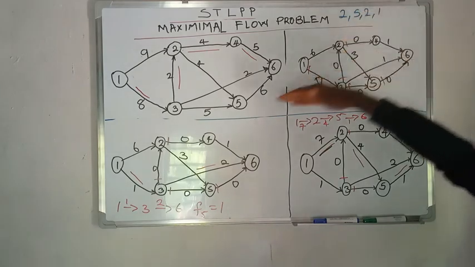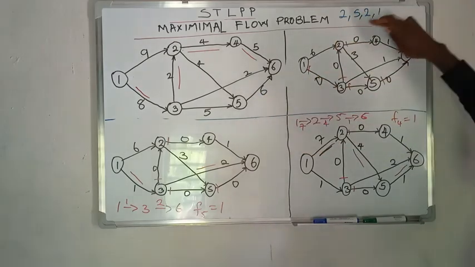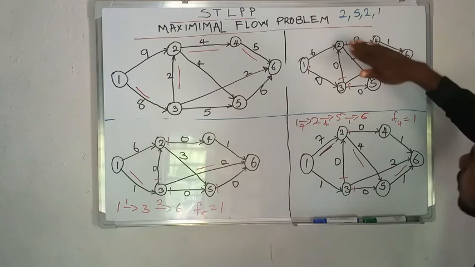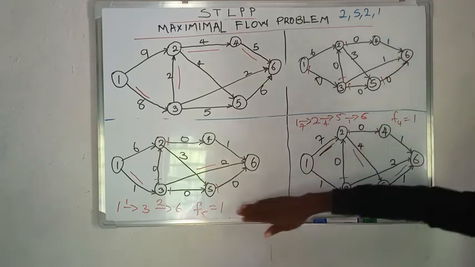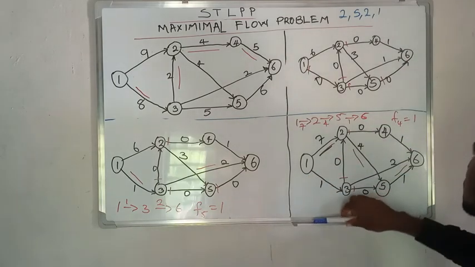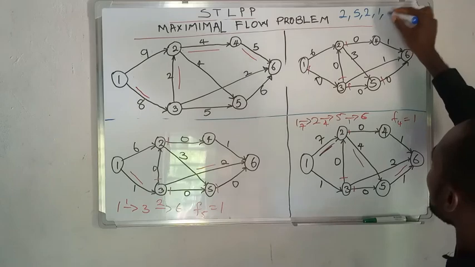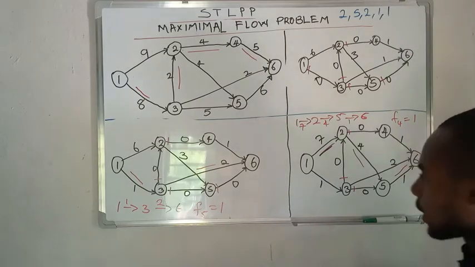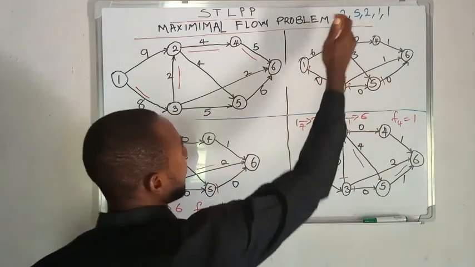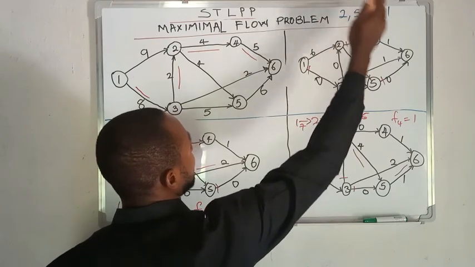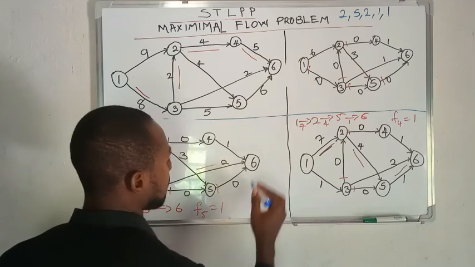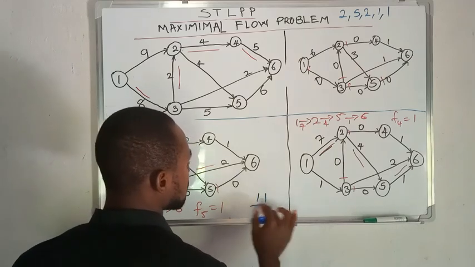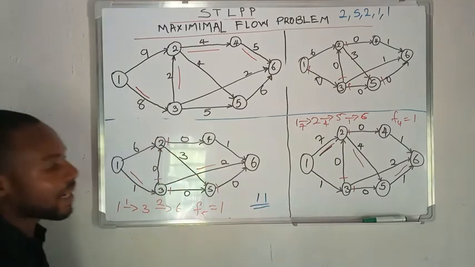I wrote out the ones that we did, so I cleaned it and wrote it out here. So right here we have the first flow is 2, the second is 5. We have 2 again, 1 for this, and then 1 for this. So adding these flows together, we have 2 plus 5, which is 7, plus 2, 9, plus this will give us 11. So the total amount of flow we pass through this network is 11,